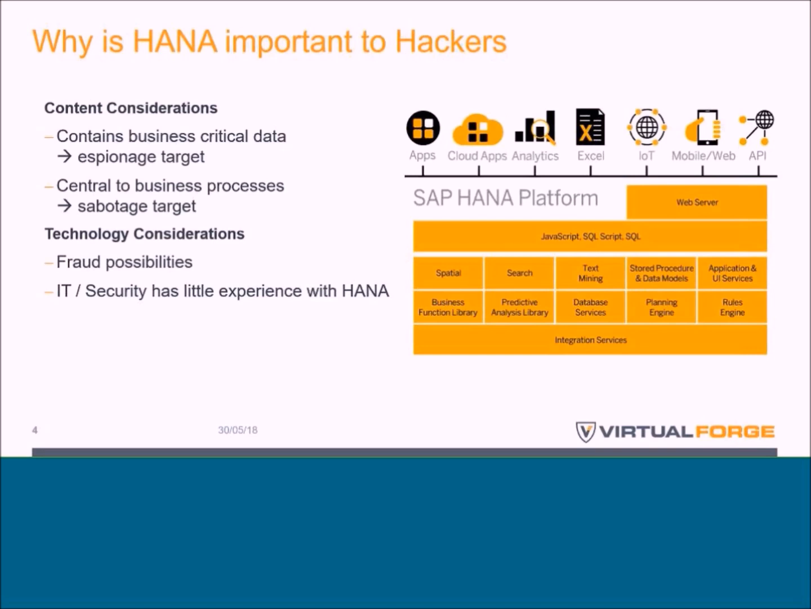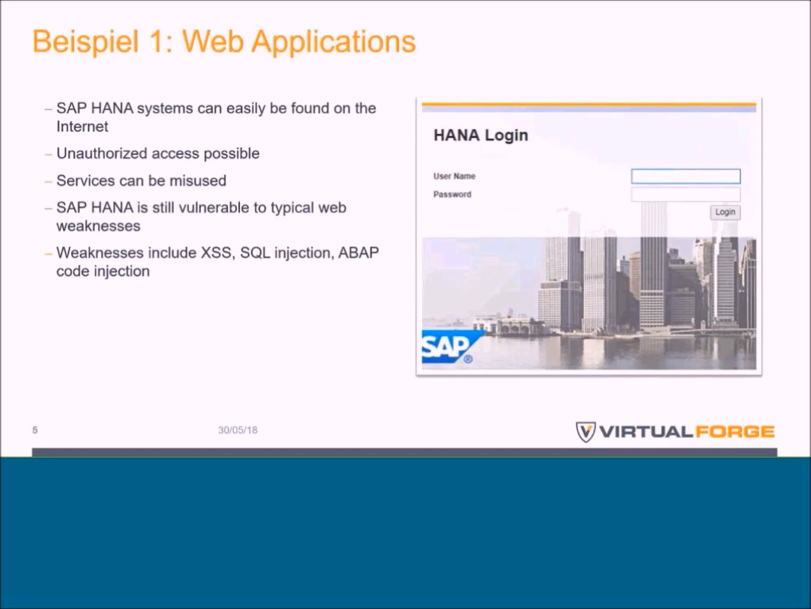Now, keeping that in mind, there are just 5 quick examples where we see risks for specifically SAP HANA. The first one is web applications. SAP HANA systems can easily be found on the internet, and in fact, they default to displaying a web page. And if you just do a quick Google search, you're most likely to find HANA systems on the internet where you can log on. We've actually tried, and there are quite a few which would enable access if in the next step you then try to get some